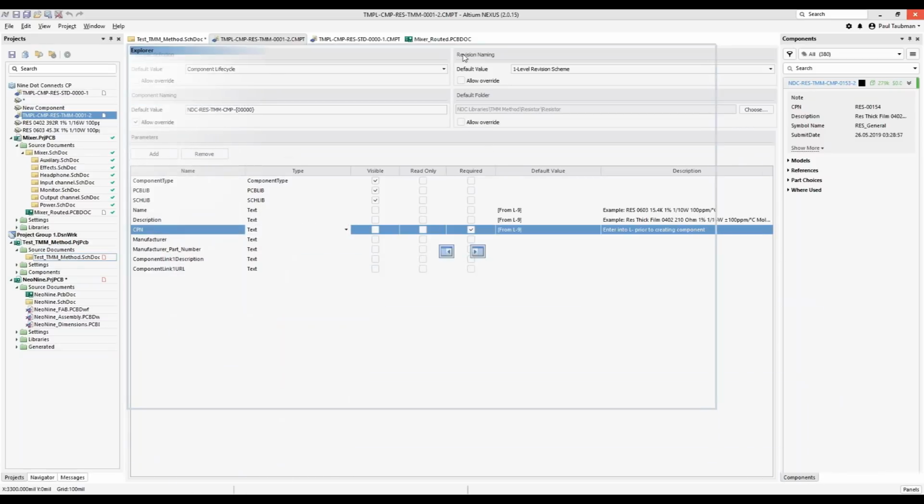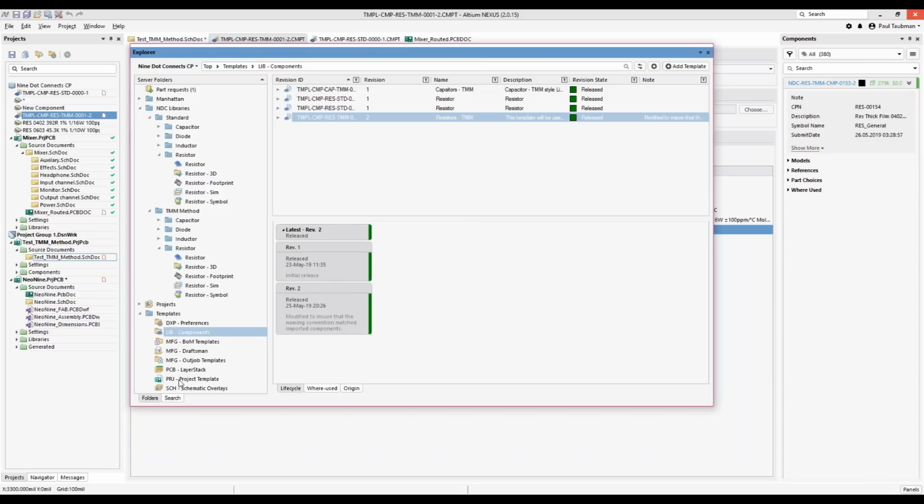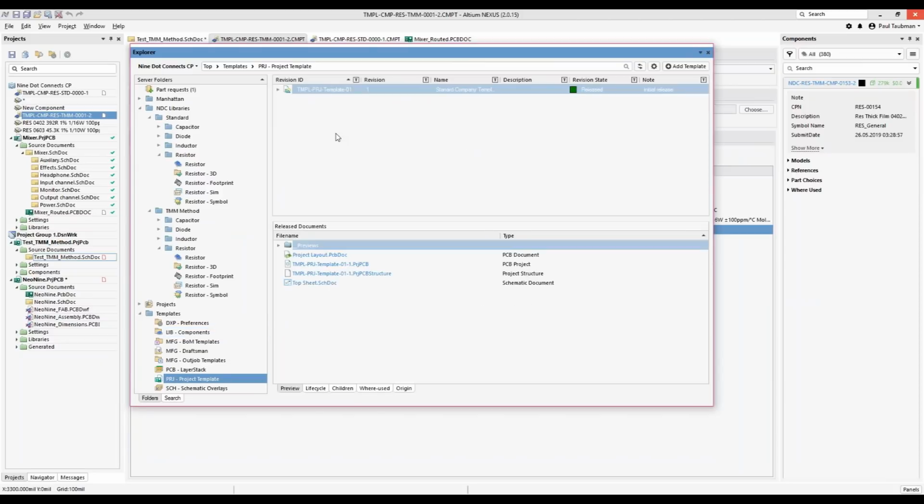Another template that I think you guys will like is this one that's called the project template. Now, I really wish Altium would create this PRJPCB dot doc, which is the equivalent of the SCH dot doc. A lot of people have asked for an overlay for your PCB layouts, and for whatever reason they won't do it. Maybe because of the mechanical layers, but nevertheless, if you want something like that, you can now create a